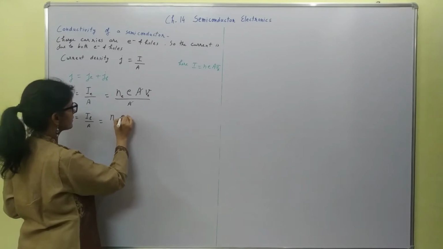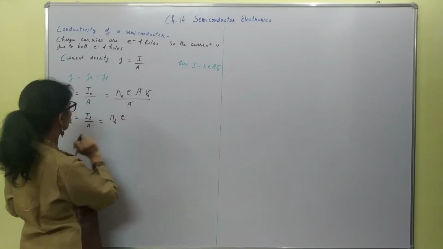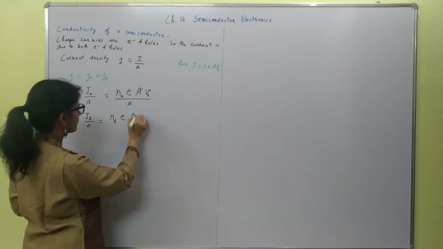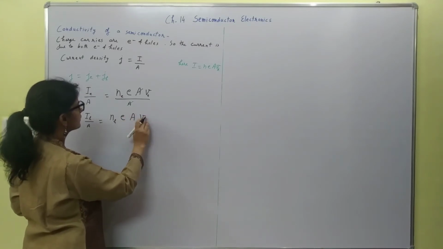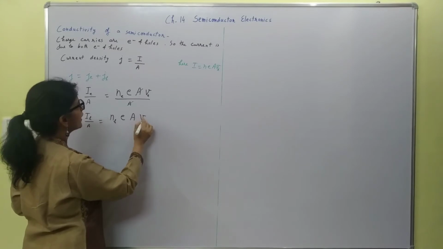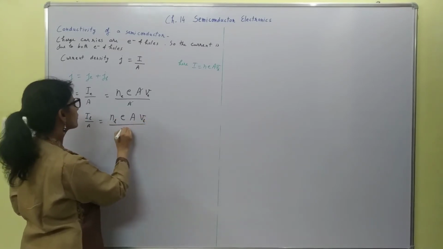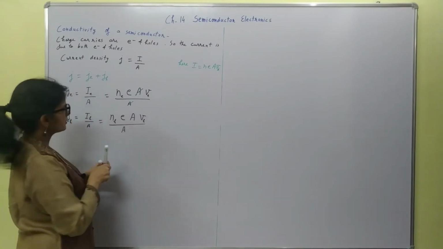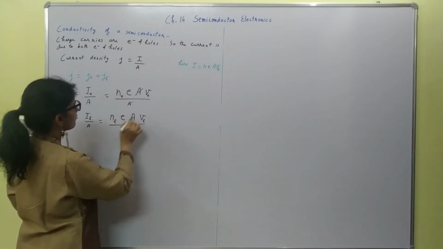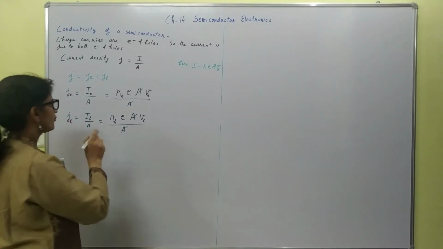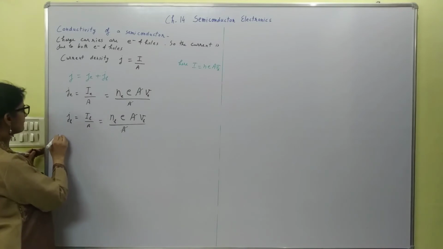So I can write Nh e A Vh, that is the velocity of holes. The area A can be cancelled, right? Now here we can add these two, but first of all we need to replace